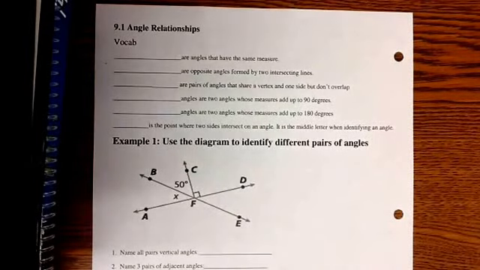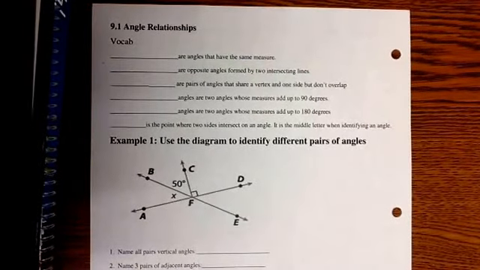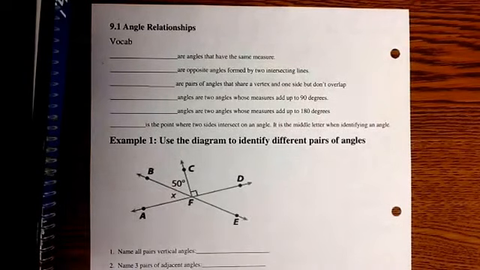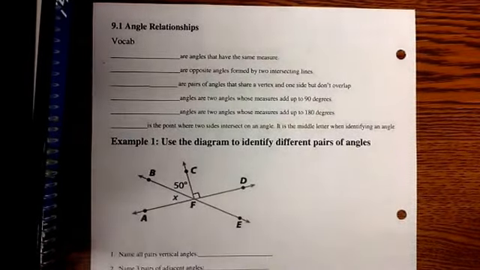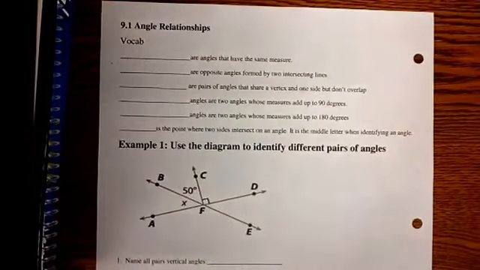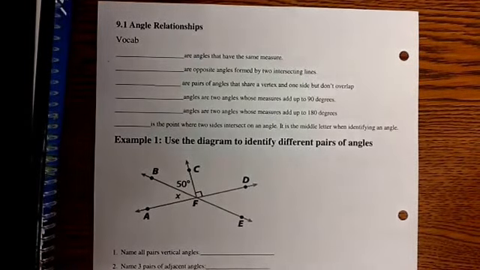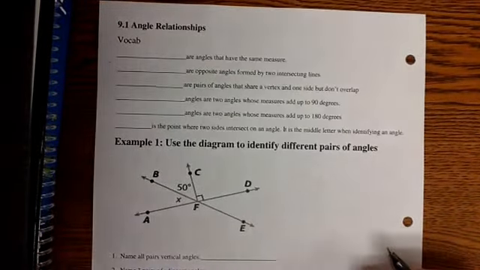All right, so we are starting Module 9, which is geometry. And lesson 9.1 talks about angle relationships. So we need to first go over some key vocabulary terms that you're going to need to know for this entire unit on geometry. The first one is